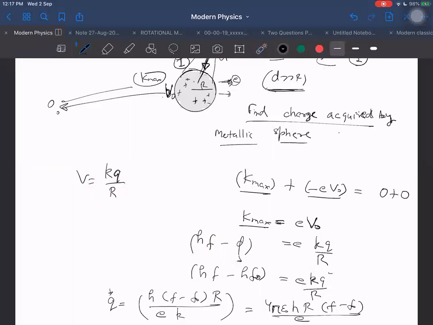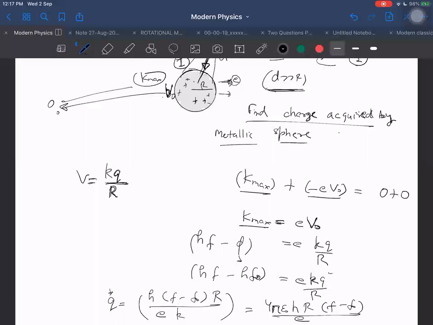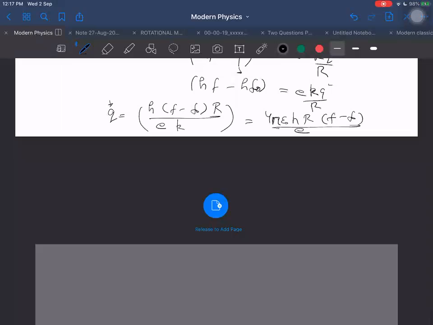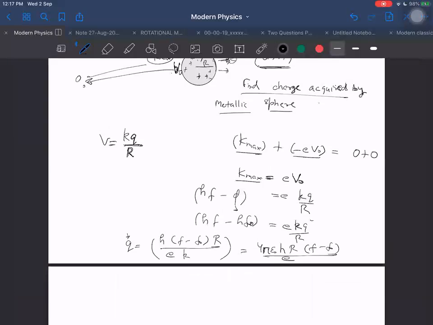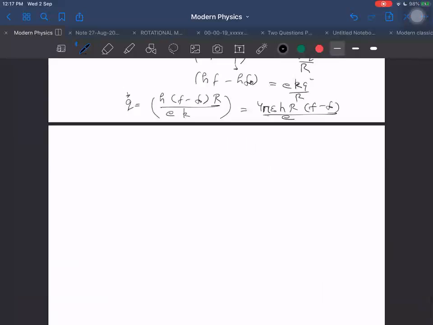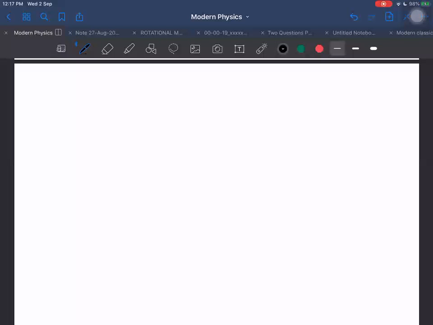I don't know. In fact, IIT may ask the question again, and at that time they may give a different answer. But anyway, last time they gave this, that they assumed that when the stopping potential is achieved, the photoelectric emission stops. Although I really don't assume it to be correct. It does not seem to be correct. Anyway, you should go through previous IIT questions once, and you can get an idea what kind of questions they are asking. Some other question, let me think of. Ideas will come automatically.